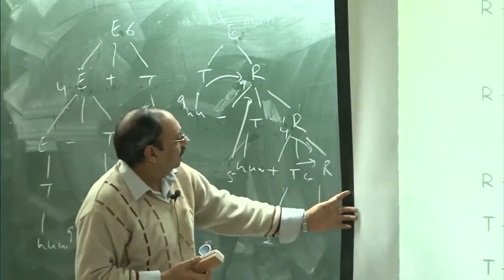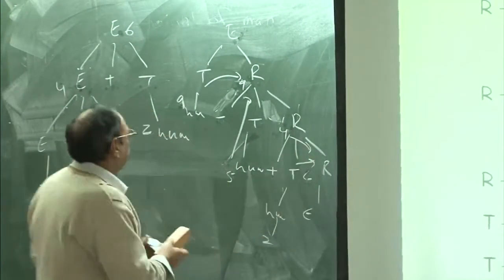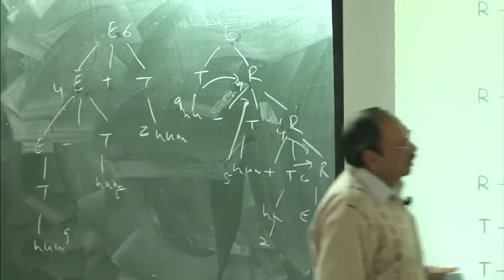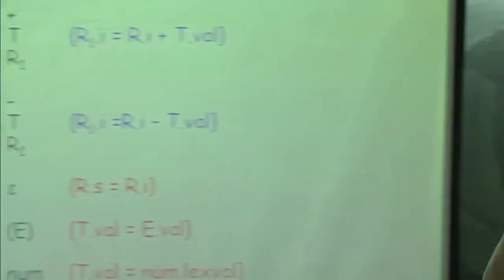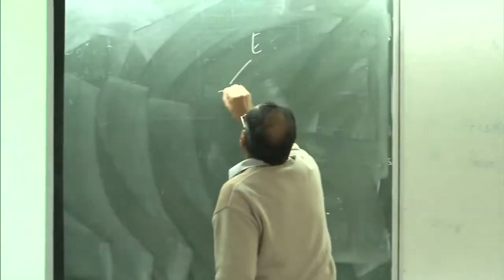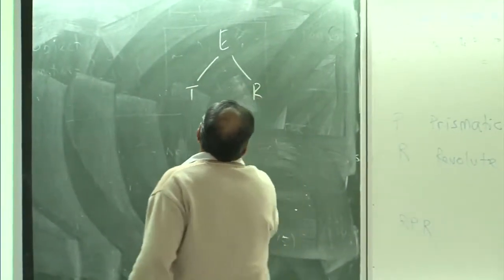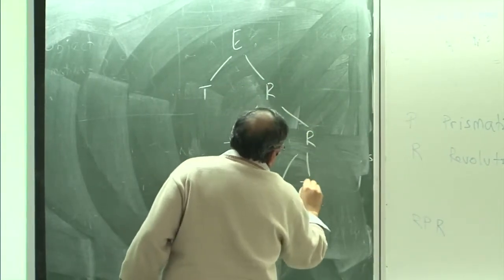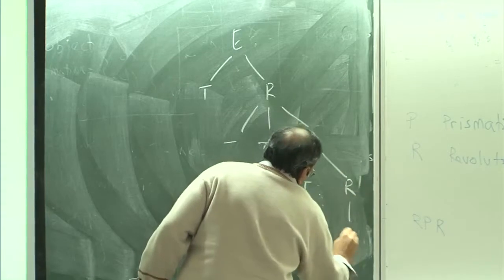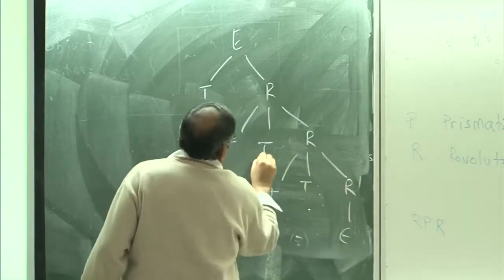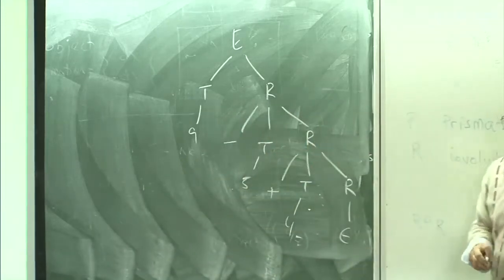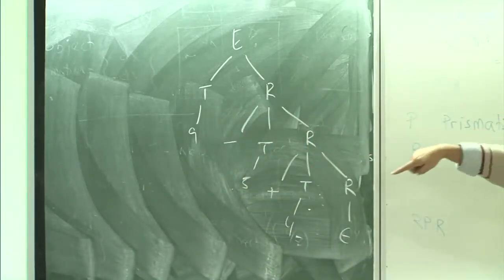Can you see this part from the back? You can't. Okay. Why didn't you point it out? Let me draw this here. These are your trees, right? Can you see this from this corner?